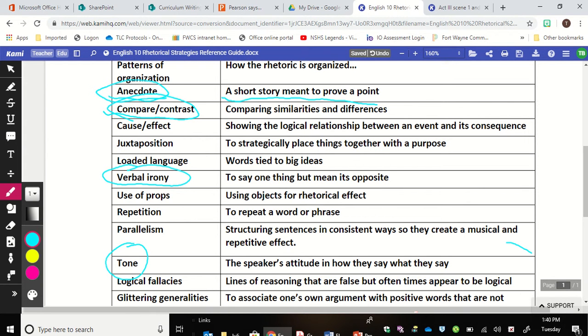Verbal irony means to say one thing, but to mean its opposite. In Mark Antony's speech in particular, he says one thing, and then eventually he truly shows that he was implying the opposite of that, which then brings us to tone, which is the speaker's attitude. Mark Antony kept saying something over and over again. He used repetition in his speech. And when he repeats this, you can tell that his attitude is that he is being verbally ironic, that he's saying one thing, but he is implying something very different.